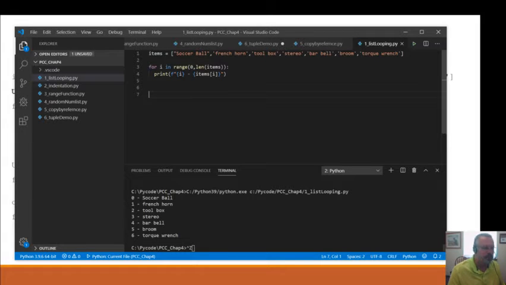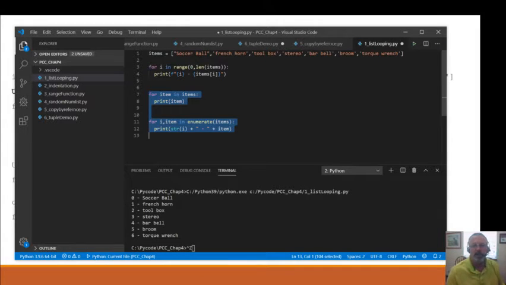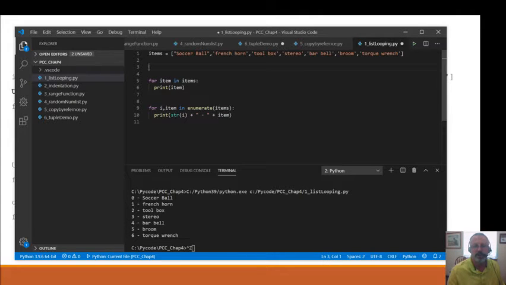Let's go up here, Control Z. Now let's grab the next. I'm going to delete this one for now, and delete this one, so we can just look at these one at a time. So this is the easy, simple for statement. The simple for statement basically says, for item in items, print the item. Okay, now you notice we're creating a new variable. This is plural, this is singular. I could say for R in items, print R.